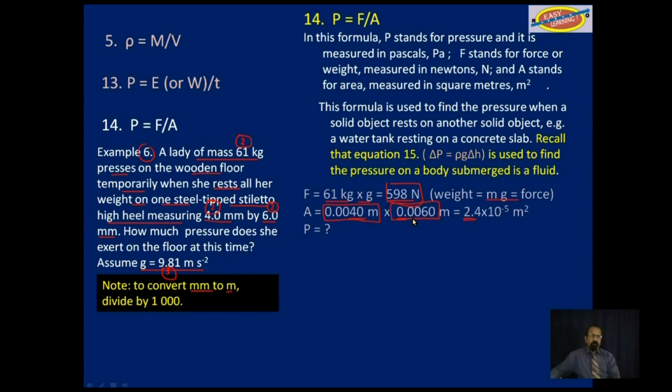So we get an area of 2.4 times 10 to the negative 5 square meters. We want to find the pressure that she exerts on the floor. Well, we know pressure is equal to force over area. We substitute the values we calculated, and we get